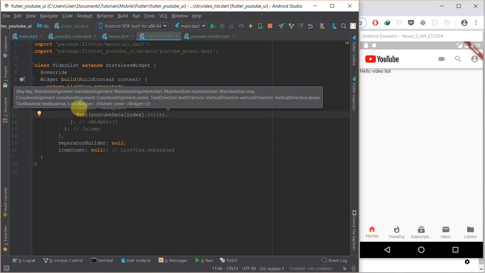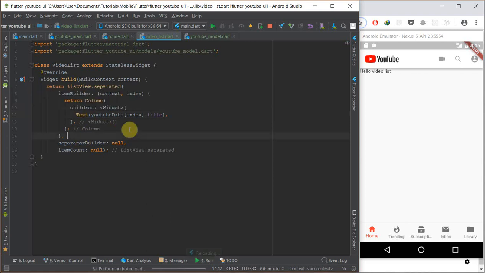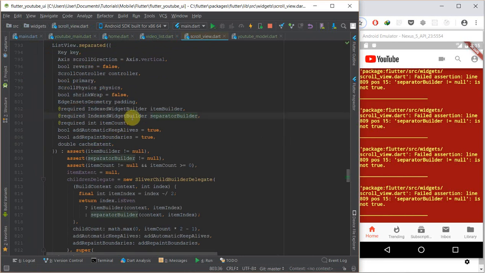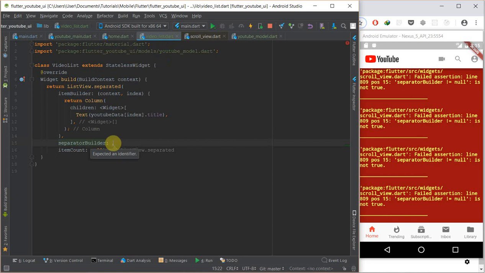So you can see over here. Let's refresh this and see if we're actually making any progress. Okay, so the next thing it needs is a separator builder. For this separator builder, let's head over to see what it needs. Indexed widget builder. So let's head back. For the separator, we're just going to return a divider,